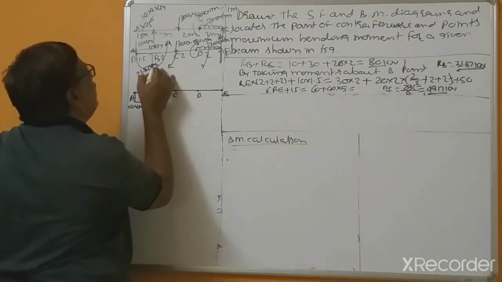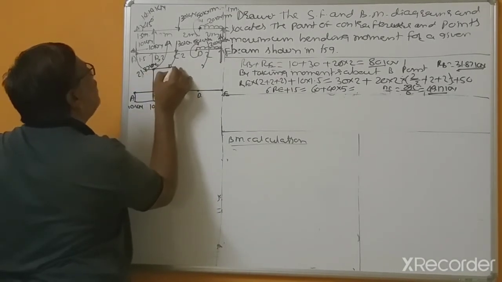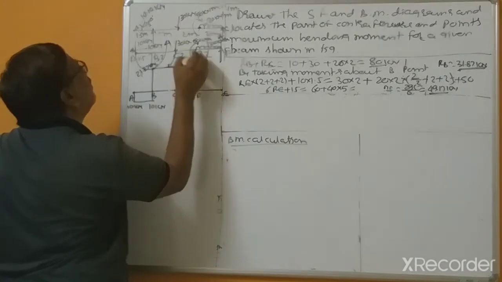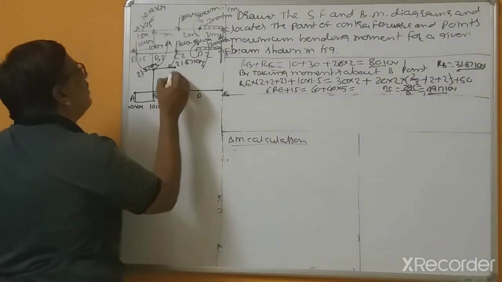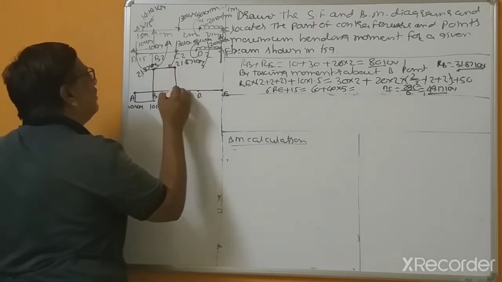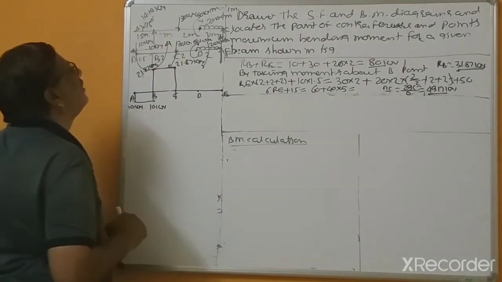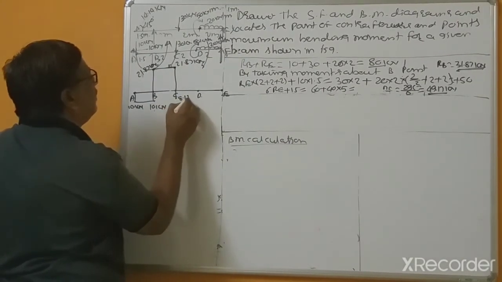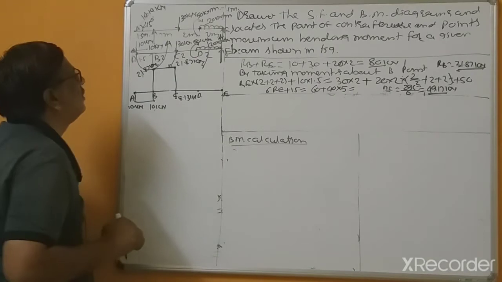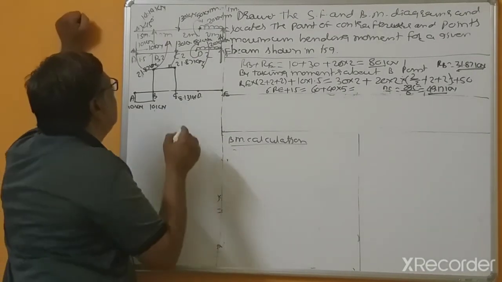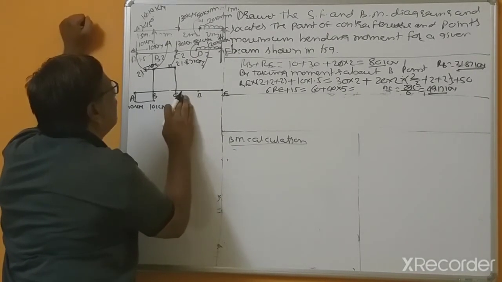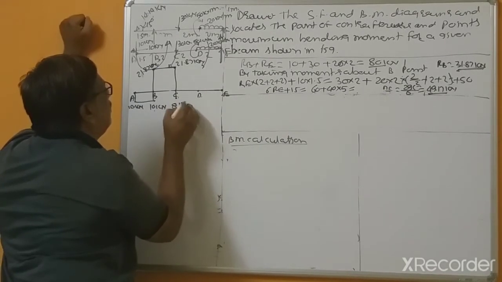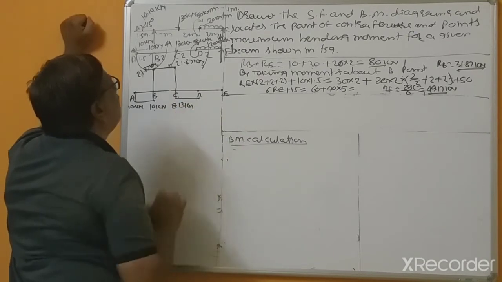Now up to C point there is no any force, so that's why horizontal line, and here also 21.87 kilonewton. 30 kilonewtons downward. So this point 8.13 kilonewton. Now C to D again 8.13 kilonewton, and at a D point